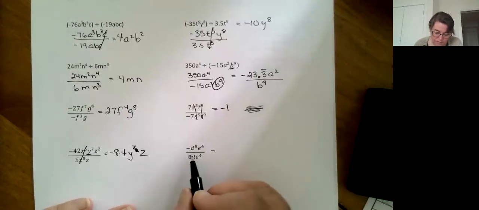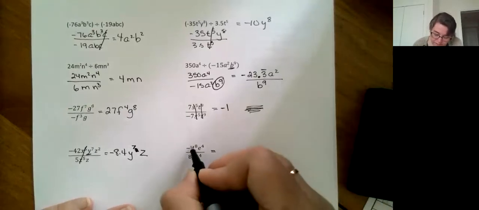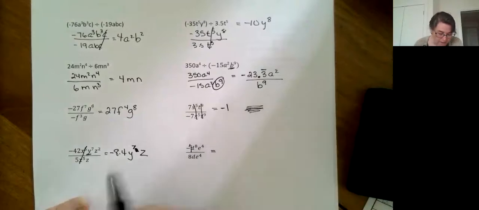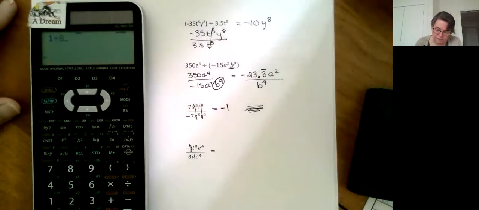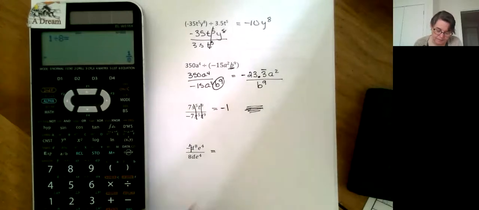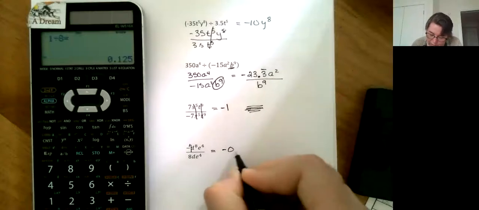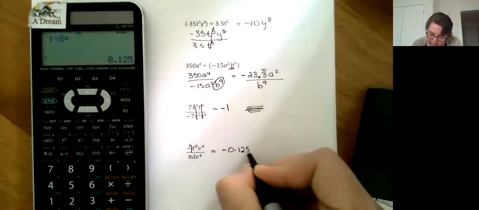Okay, coolio. This one doesn't have a number on top. So let's throw in that 1. So I can do 1 divided by 8. Don't you love my calculator? Should really fix it. Negative 0.125